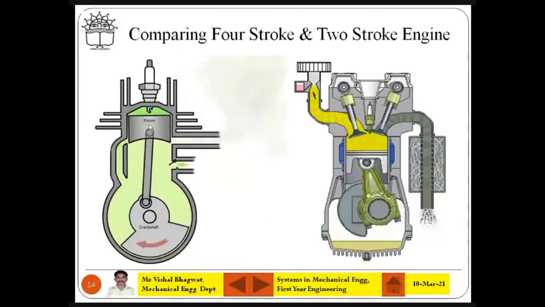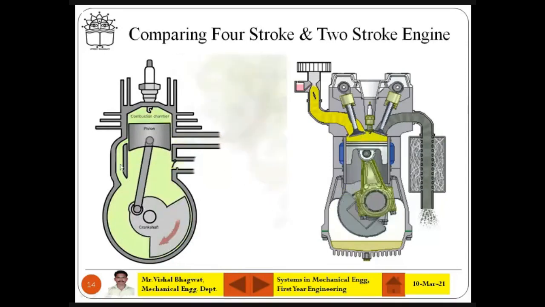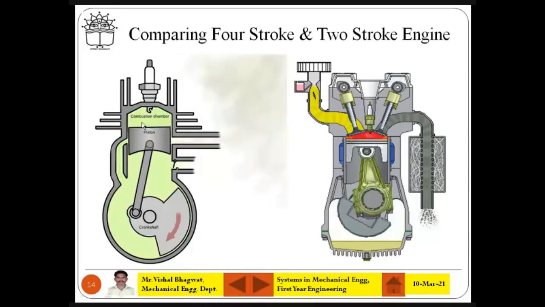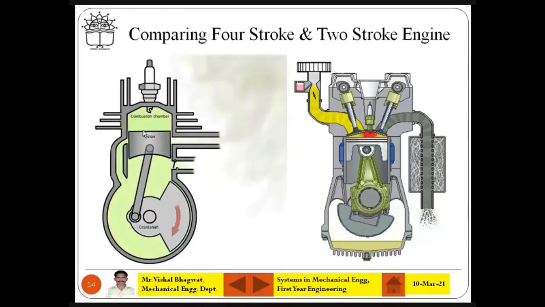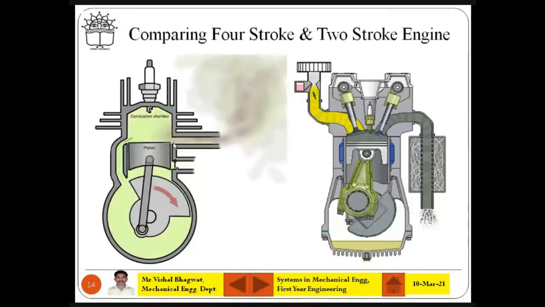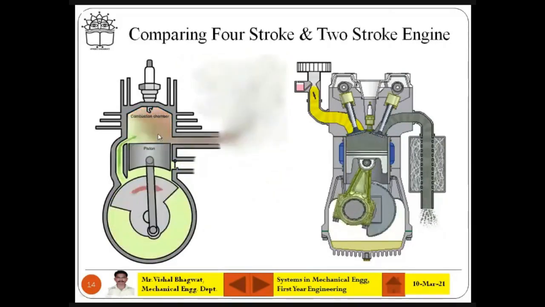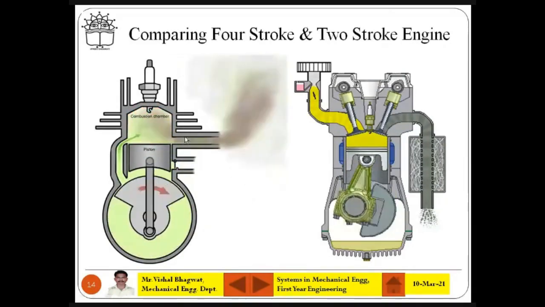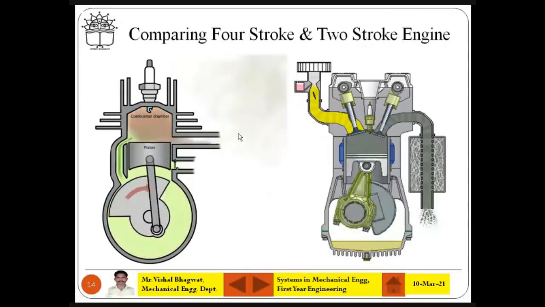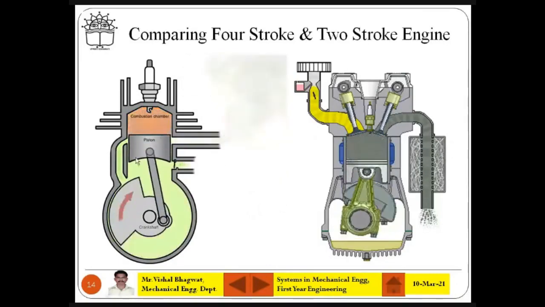Can you check it once again? What I am saying is, when fuel is going inside the combustion chamber from the transfer port, it is pushing out the burnt gases. When it is pushing the burnt gases out, some portion of the new, unburnt fuel is sent out of the engine, and that's why unburned hydrocarbons mix in the atmosphere. So you see much more pollution from the 2-stroke engine.